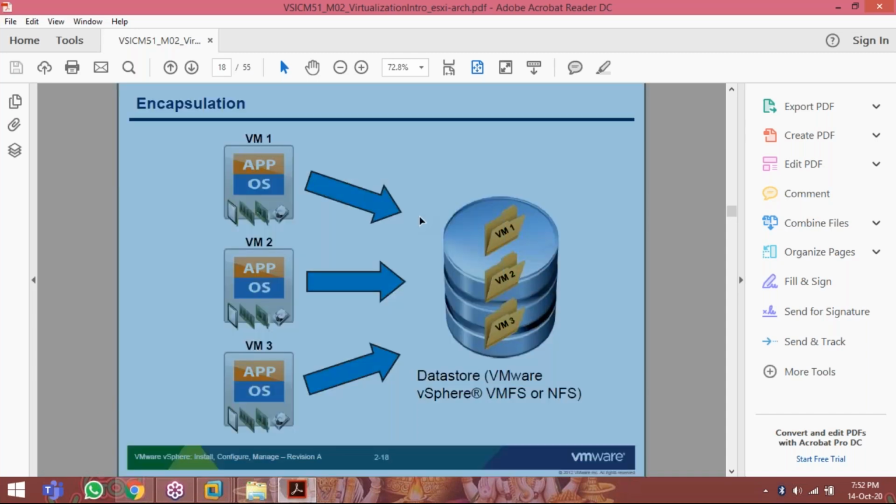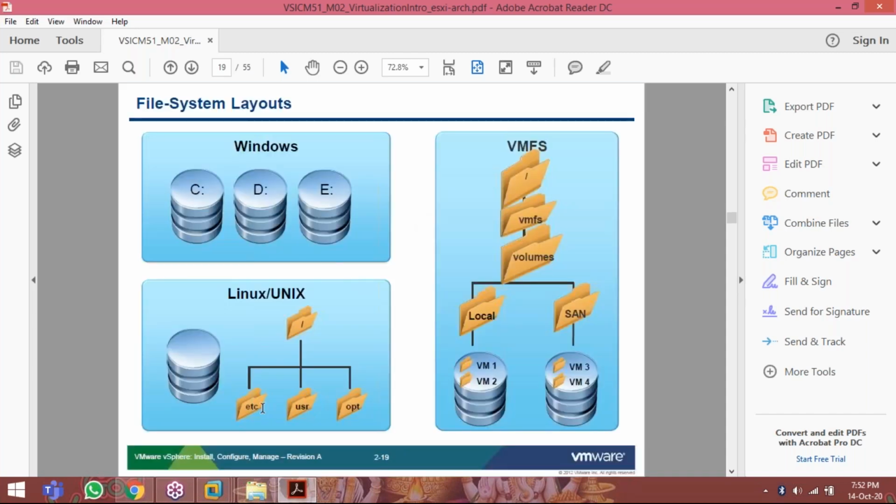It's showing here. The file system layout of Windows is the drive concept: C drive, D drive, E drive. But the Linux file system structure is slash. Slash is the main directory, and under slash we have different types of subdirectories. VMware ESX server is also a Linux-based kernel, and this is also a root file system.